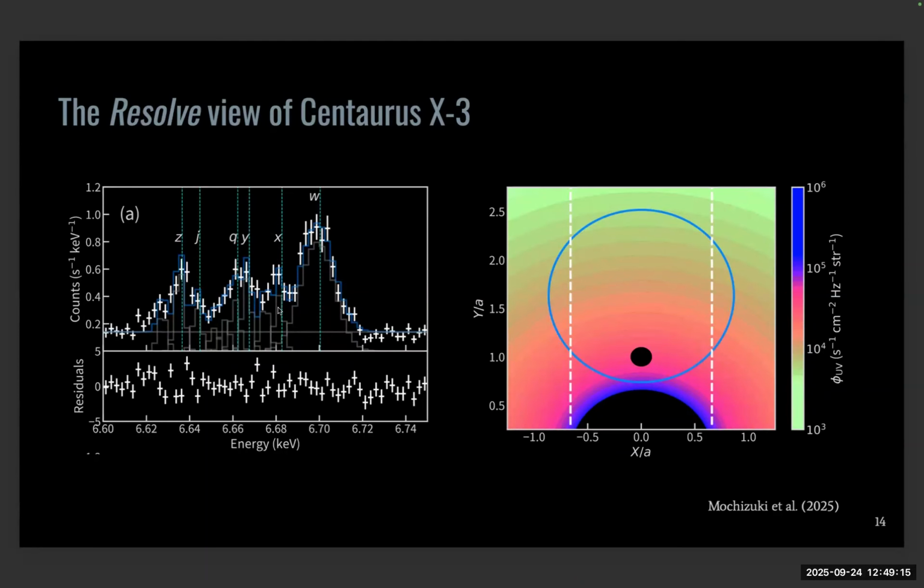But XRISM really allows us to do this for iron, and in particular in this paper we discuss the effect of density, but also UV field, and how this affects this line ratio quantitatively,